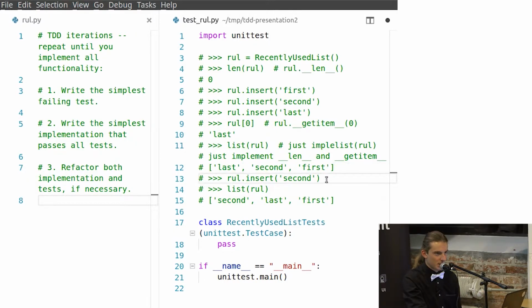And the last thing is what really differentiates this data structure from just a purely queue. So if you try to insert an item that is already present in this list, like the second item, what really happens is that this item is moved to the beginning of the list. You can see that here. So there are no duplicates on this list.